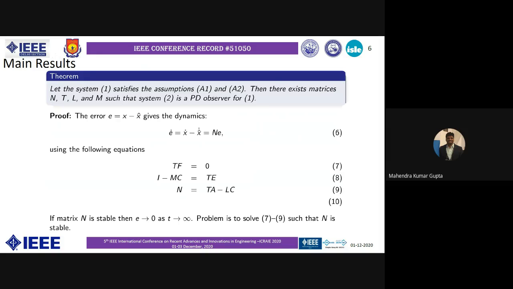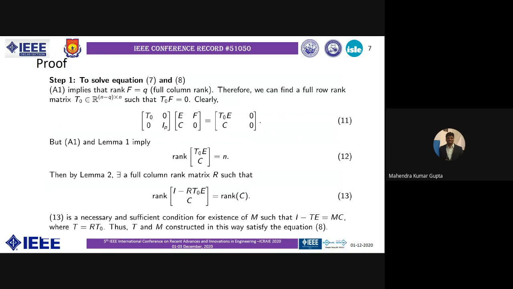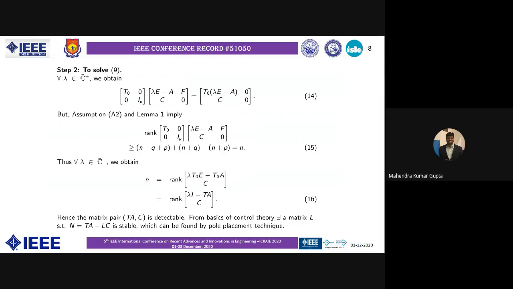Now we have to solve 9. So in the second part of the proof we will solve 9. In 9, T is already solved and we solve it for L so that N is stable. So let us go to step 2, and step 2 says that if we use assumption A2 and lemma 1, we end up with the matrix equation 15, which says that,